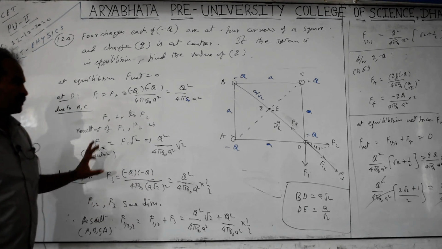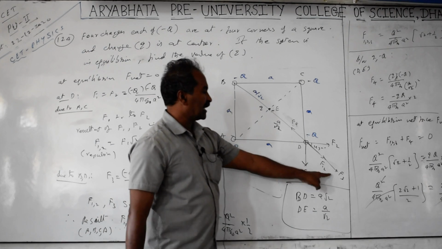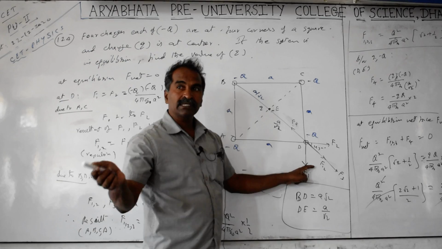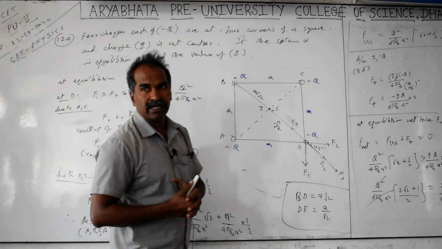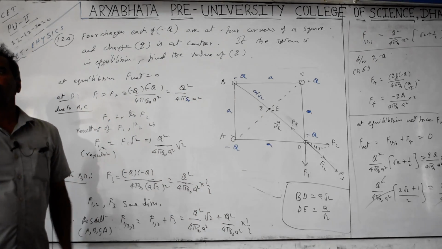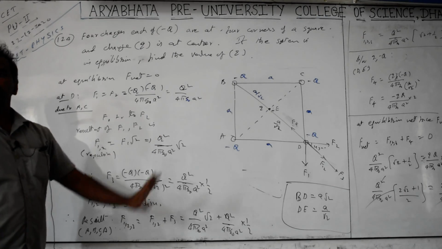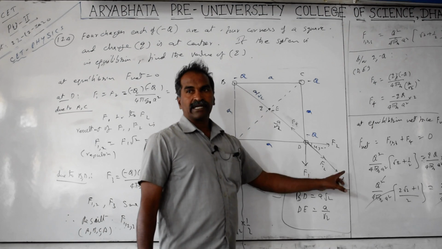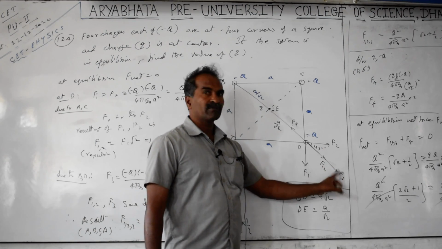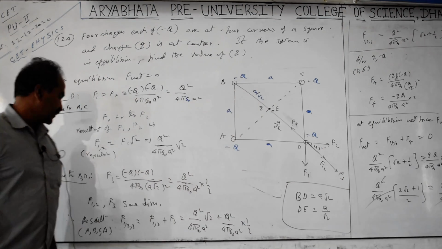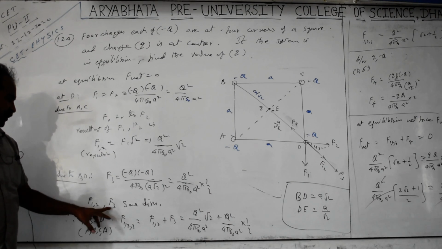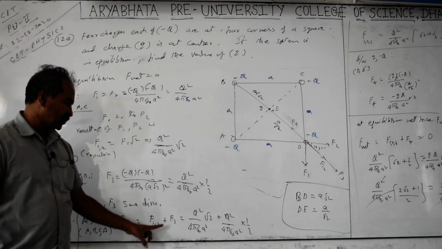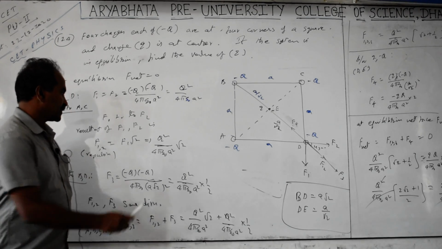This is nothing but F3, but from the diagram you have to check F3 and the force because of 1 and 2 are in the same direction. When forces are in the same direction they are added; in the opposite direction it is subtraction, simply we can take. If any other angle is given, you take the help of the parallelogram law. But here same direction means theta is 0. So the resultant of F12 and F3, we will take as F123, is equal to the sum of the two forces, F12 plus F3. F12 and F3 are in the same direction, therefore the resultant F123 is equal to F12 and F3, that is this force